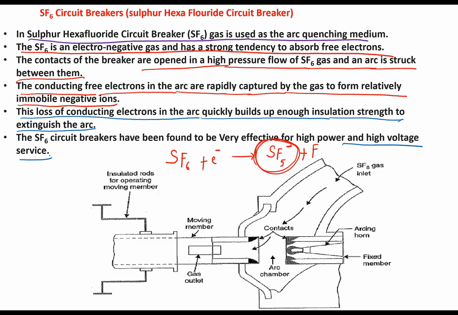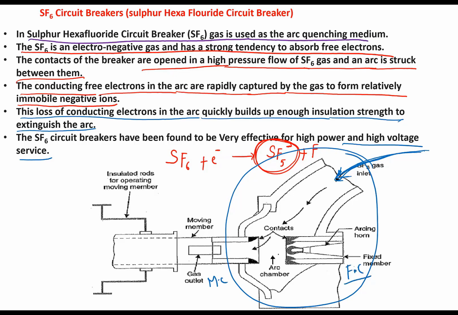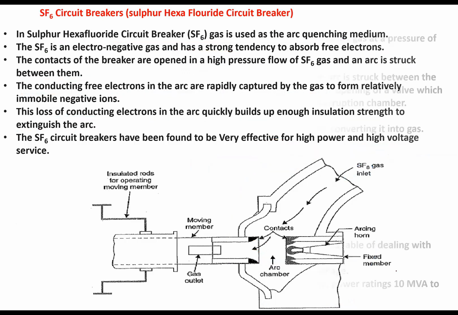Understand? So here again, the SF6 gas is stored in a reservoir, and this SF6 gas is pumped when the fixed and moving contacts separate. You can see this is a chamber where the arcing is happening. This is the moving contact. This is the fixed contact. So whenever they get separated, we inject the SF6 gas at some high pressure. This SF6 gas will eat away the free electrons that are sustaining the arc, and it will quench the arc very quickly. Okay.